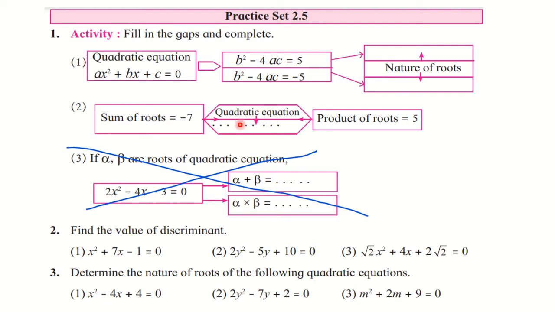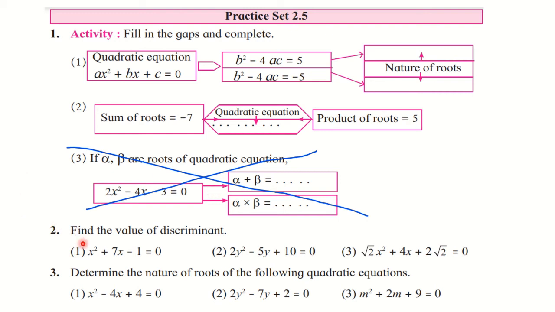Okay. Then here you have to write down the quadratic equation. Sum of the roots is given and product of the roots is given. Just now we have seen how the equation will be x square minus sum of the roots into x, plus product of the roots. So here also minus and outside also minus. So we are going to get x square plus 7x plus 5 is equal to 0. This way you can write down the equation. Then question number 3 is cancelled, which is based on the relationship between the roots and coefficient.